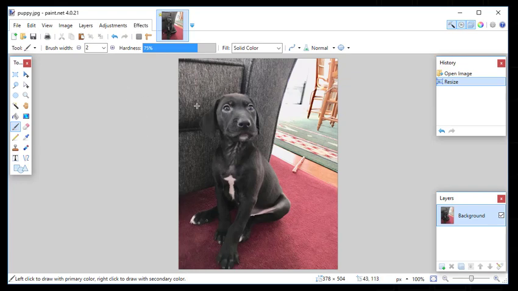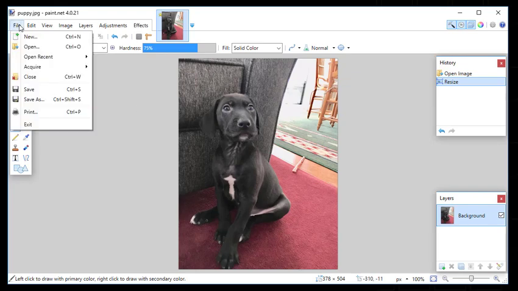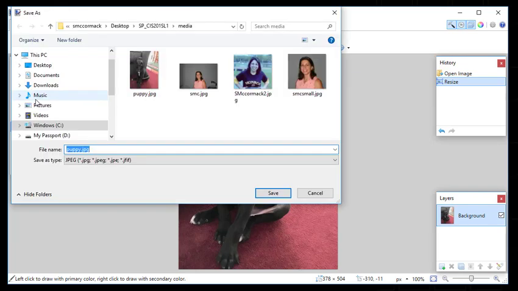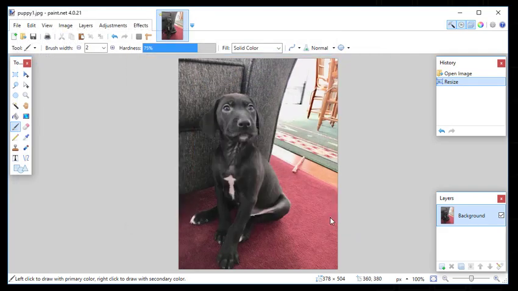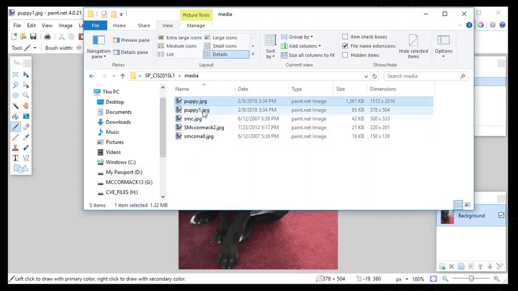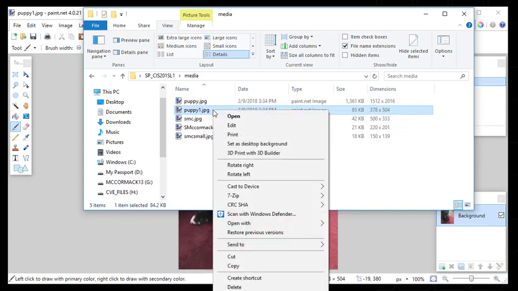Now, another thing I want to do, I'm going to save that. I'm going to save my puppy picture. I'll save it as puppy 1. Okay. So now you'll notice I have two versions. This was my original puppy picture, which was 1512 by 2016 dimensions. Now my resized picture is 378 by 504. I'm going to open this image,